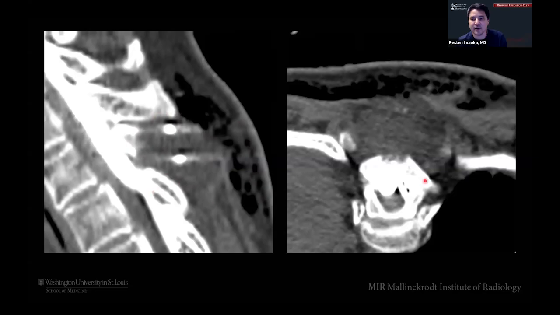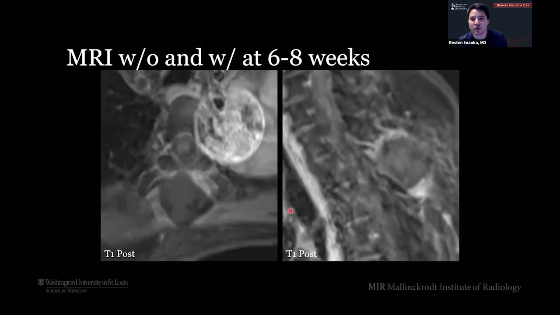Everything is protected. And then this is what it looked like 6 to 8 weeks later. We remember before it was enhancing the whole way through. It's all dead now. And again, this is normal to see. If you guys are reading any MRIs after anybody's doing ablations, it's normal to have this thin kind of enhancement around it. You just don't want to see any of that nodular or mass-like enhancement.